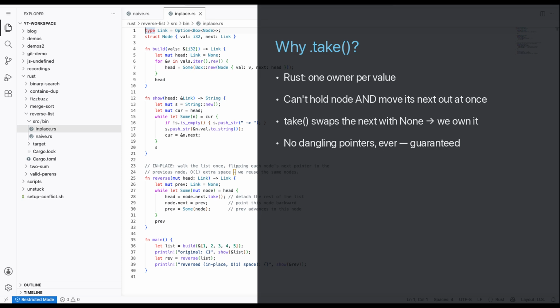Why take instead of just reading next? Because Rust allows only one owner of a value. We can't leave the node holding its next while we also move that next somewhere else. Take swaps it out for None, handing us ownership cleanly. This is why Rust linked lists feel fiddly, but